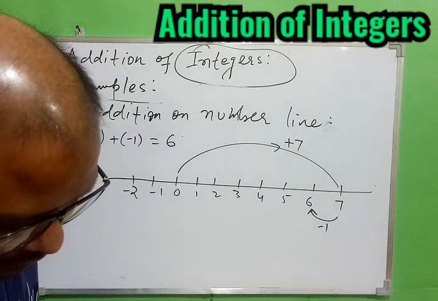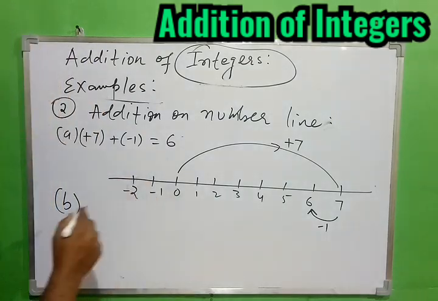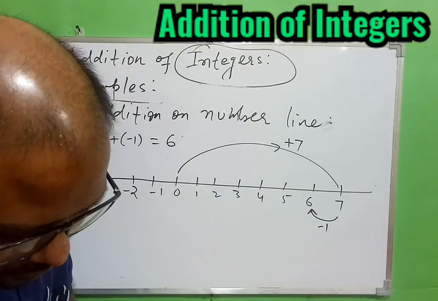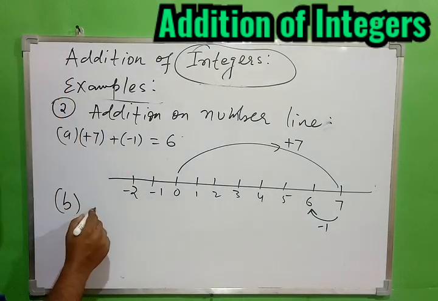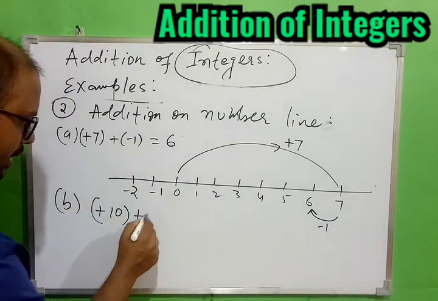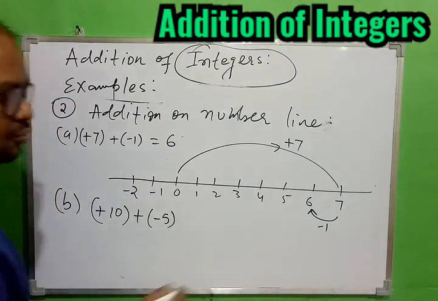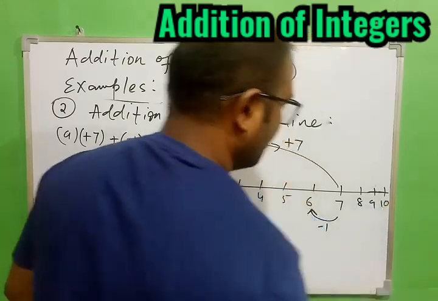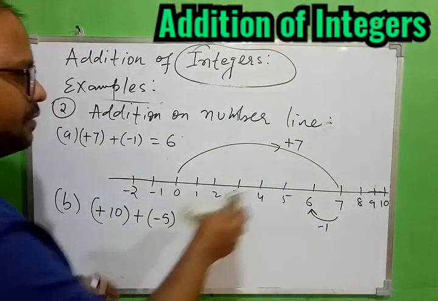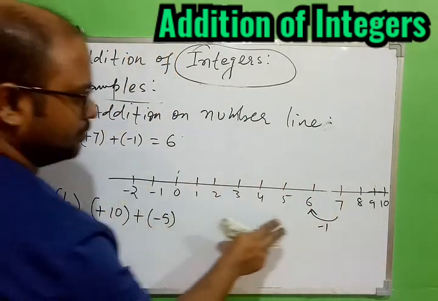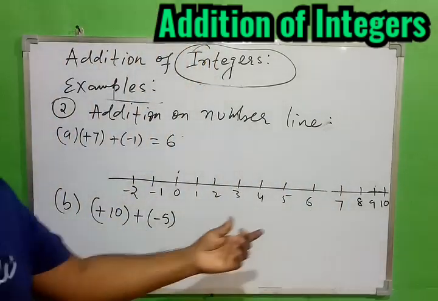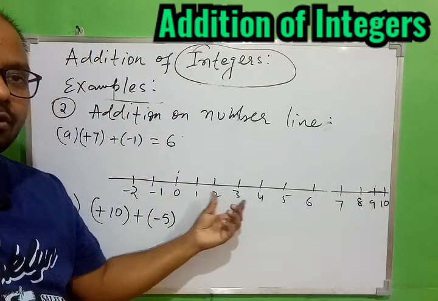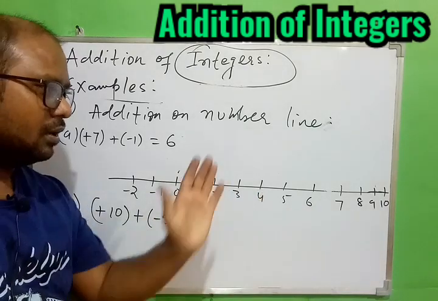B is minus 13 plus 10. So I think that number I've not written. Let me take less than 7: plus 10 minus 5. Let's try. Plus 10 and minus 5. So for that I have to add 8, 9 and 10. Okay, so let's try. But when you draw the number line, always remember the distance should be equal. Here I'm not maintaining it, but you must maintain an equal gap between 1 and 2, 2 and 3, 3 and 4. You can take a gap of 1 centimeter, and that must be followed.